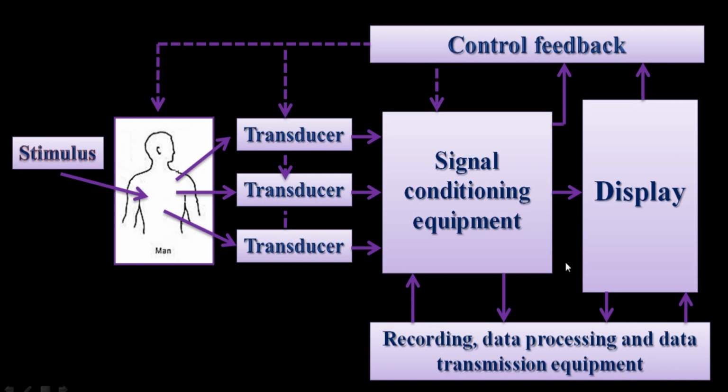Next is recording, data processing and transmission equipment. Recording of the measured information is done for possible later use or to transmit it from one location to another, whether within the hospital or around the world. Equipment for these functions is often an important part of the man instrument system. Where automatic storage or processing is required or where computer control is employed, an online analog or digital computer is a part of the instrumentation system.